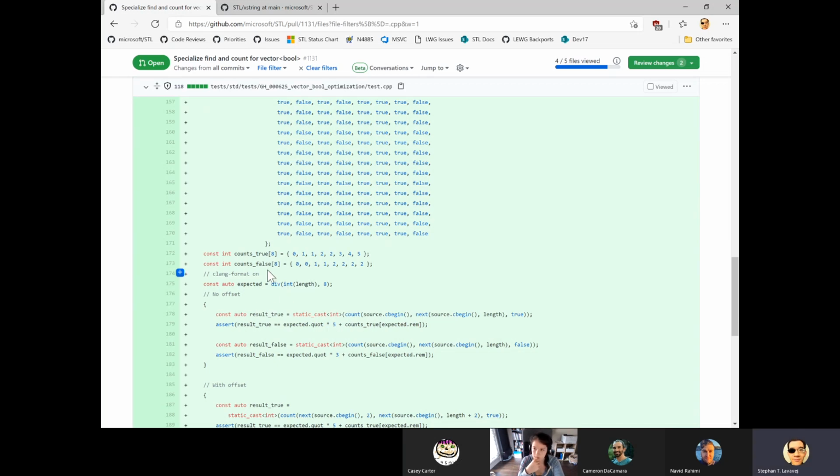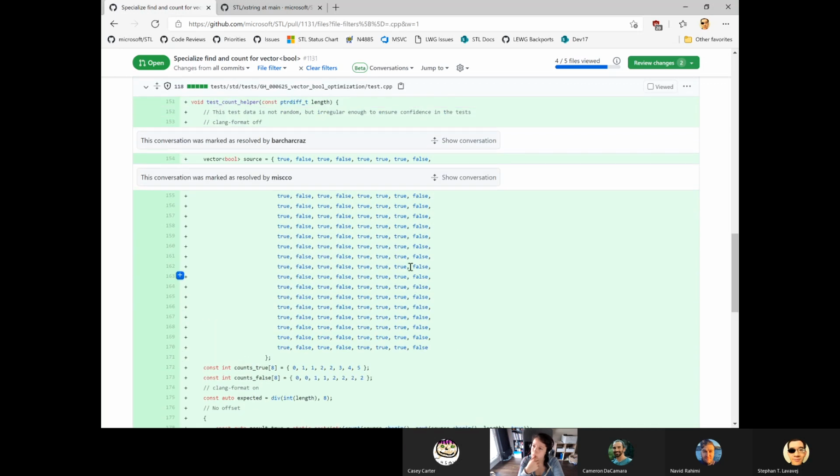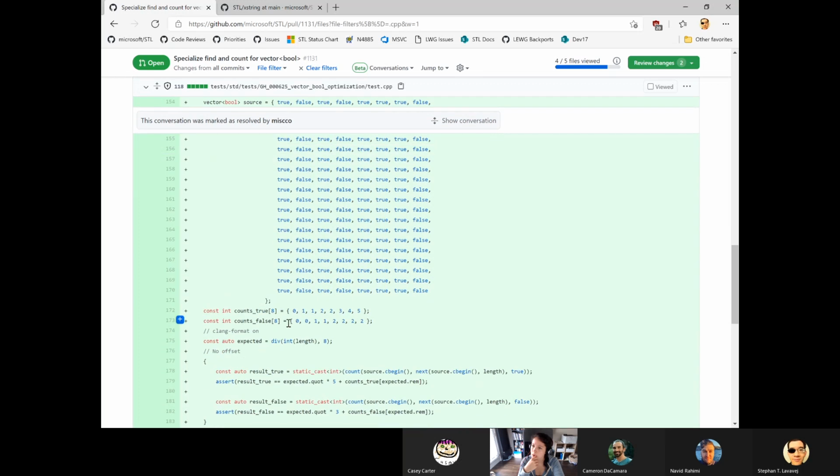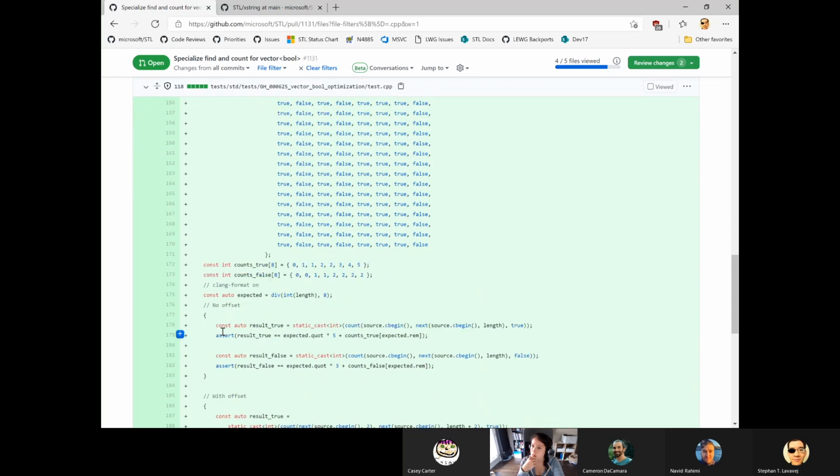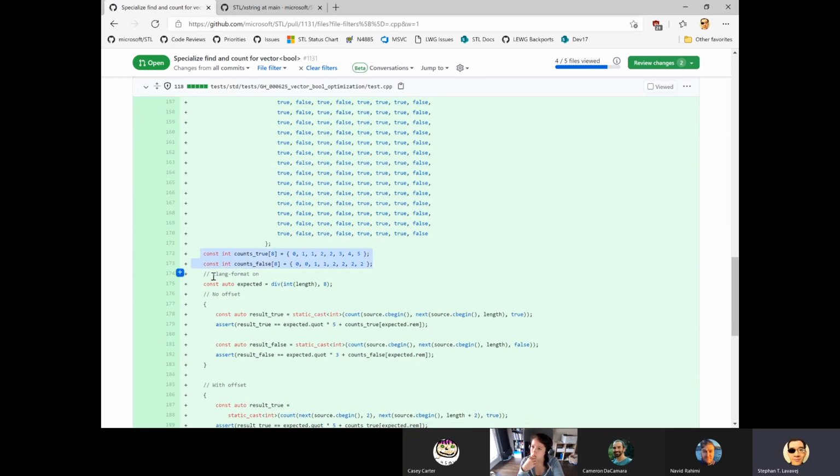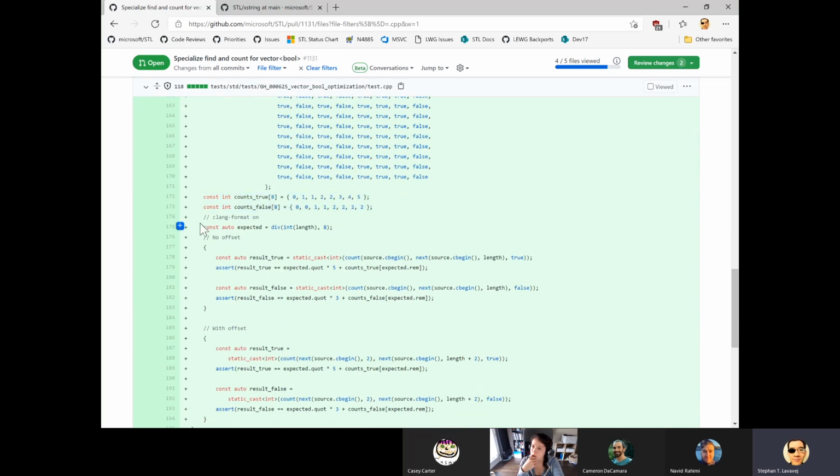What is looping here? I'm trying to understand the meaning of these counts true and counts false. Counts, auto expected is